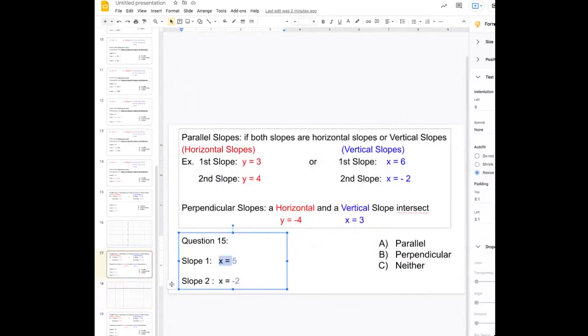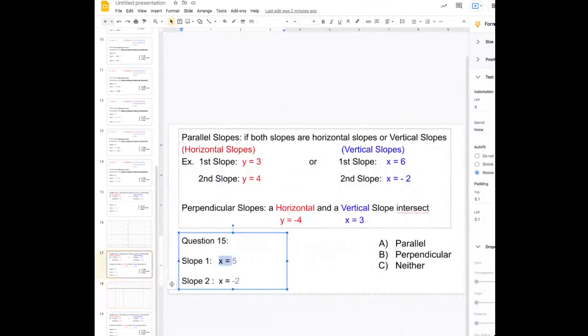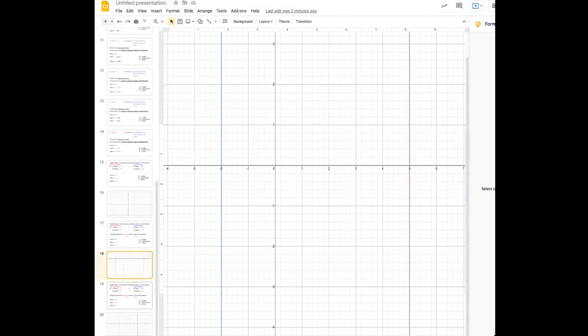Once again, we just go back. That's what we're trying to graph, right? x equals 5 and x equals -2. Sorry, let me go slow. x equals 5 and x equals -2, and this is how you graph that. It's a vertical line starting from the x-axis from 5 going up and down, and -2 going up and down. I'll explain about that next week. I just want you to get the idea of it, understand the different types of slopes before we get